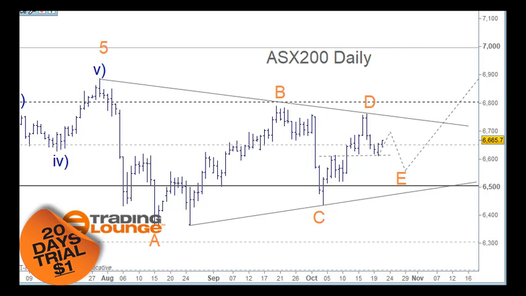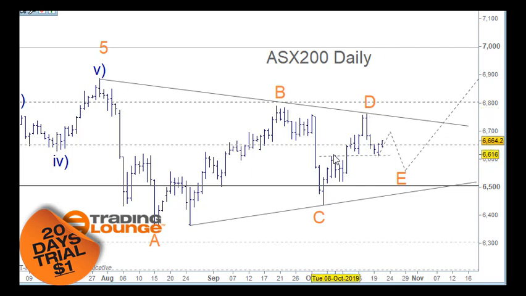chart here. I believe that we're working through a triangle pattern, but it's not totally clear because I can pretty much count 5 waves in this move down through here, but it would also be counted as an A and a B and a C wave here, but I've always thought it counted better as 5 waves, but it could be 3 waves. This one up through here can be counted as 3, this one can be counted as 3, this move here can be counted as 3, and the move down through here is just overlap the top of